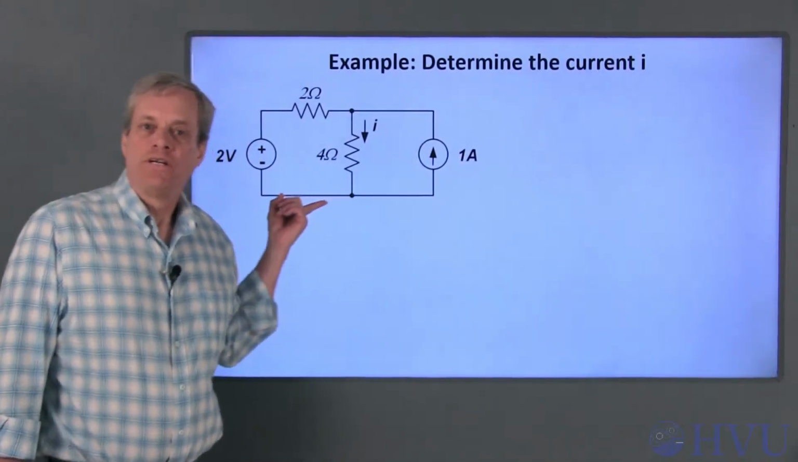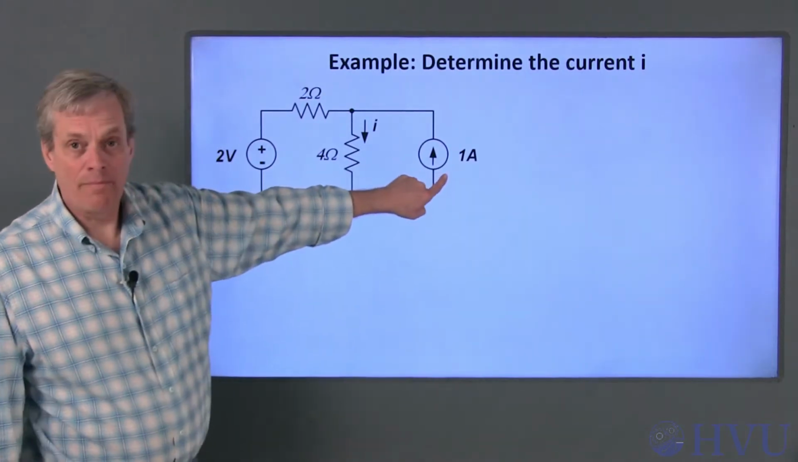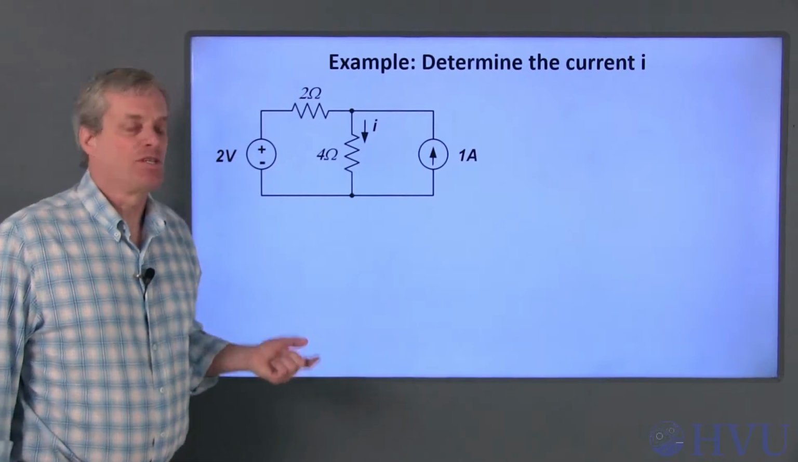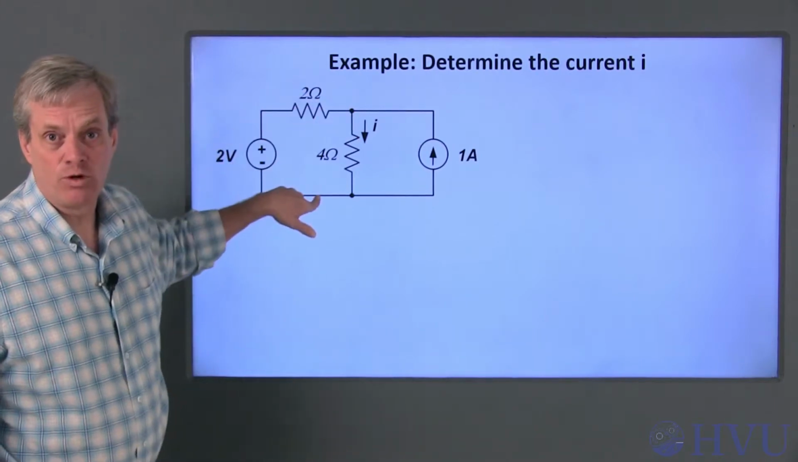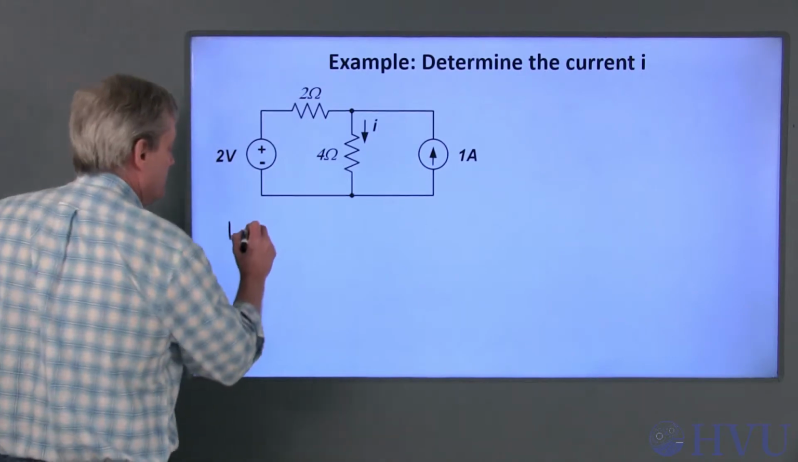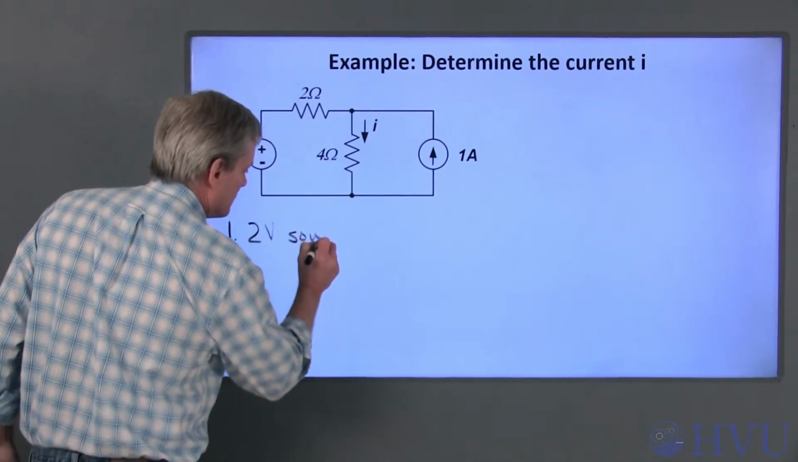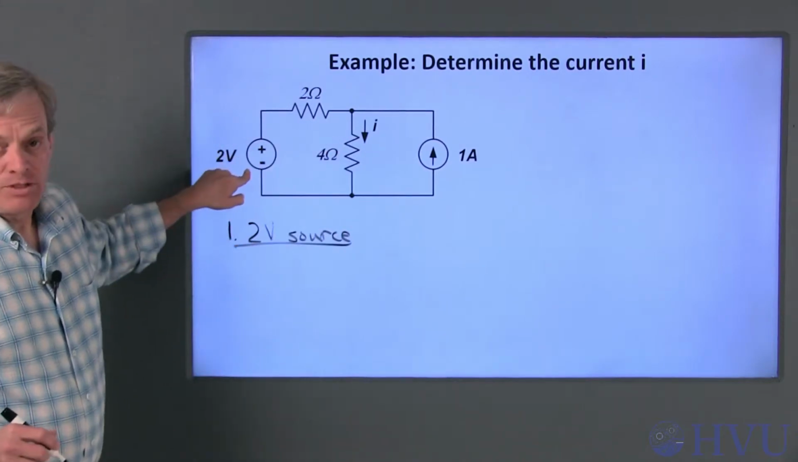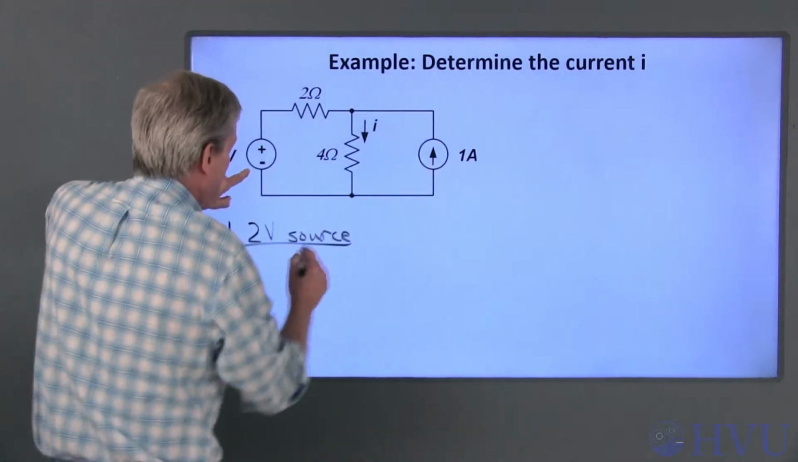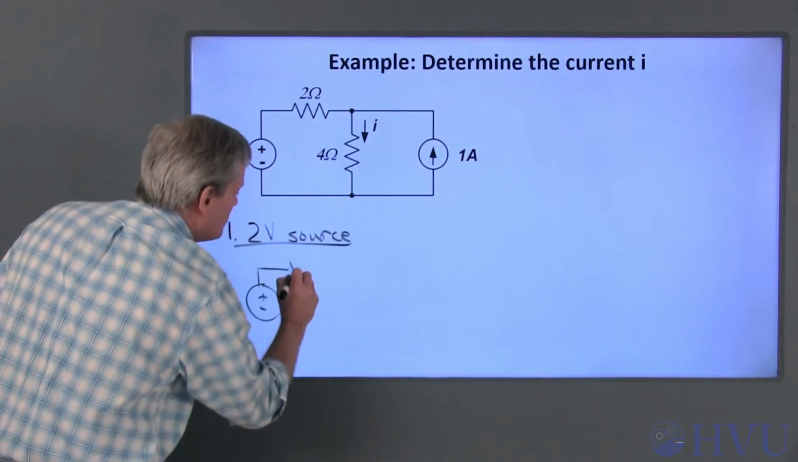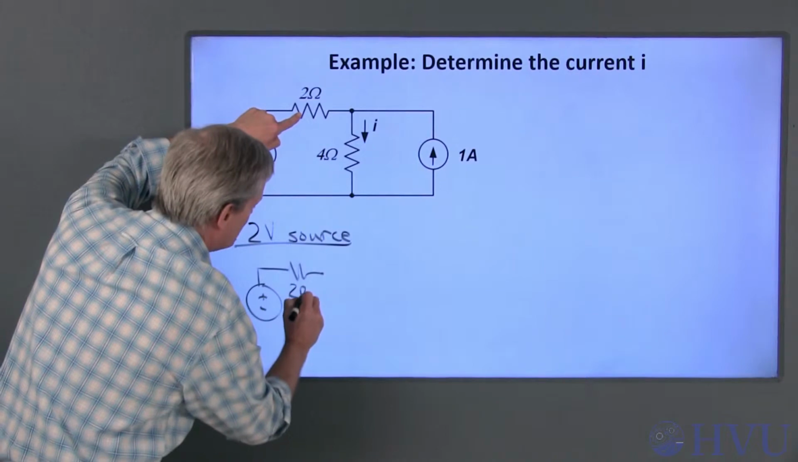Our example circuit has two sources, a 1 amp current source and a 2 volt voltage source. I'll use superposition to find this current through the 4 ohm resistor. First, I'll look at the 2 volt source. To look at the contribution from the 2 volt source, I kill the 1 amp source, leaving the 2 volt source in place. So 2 volts, 2 ohms,